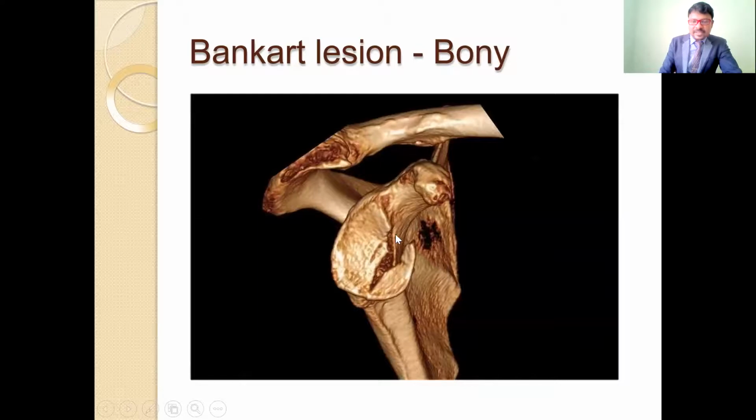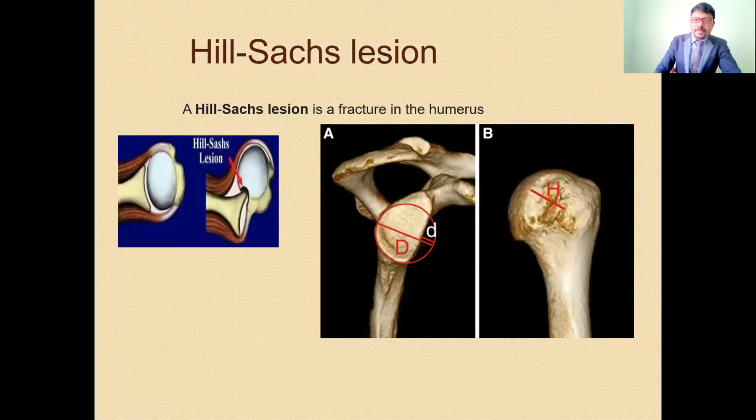So if you see fractures in the bony regions, for example any rupture or erosion of the glenoid cavity, there is a chance of shoulder dislocations. Also in the case of Hill-Sachs lesions, you see a fracture in the humerus, small fragments, or any erosion in the joint or the bone. These are also positive factors, along with some of the lesions in anterior dislocations. So these are very important.